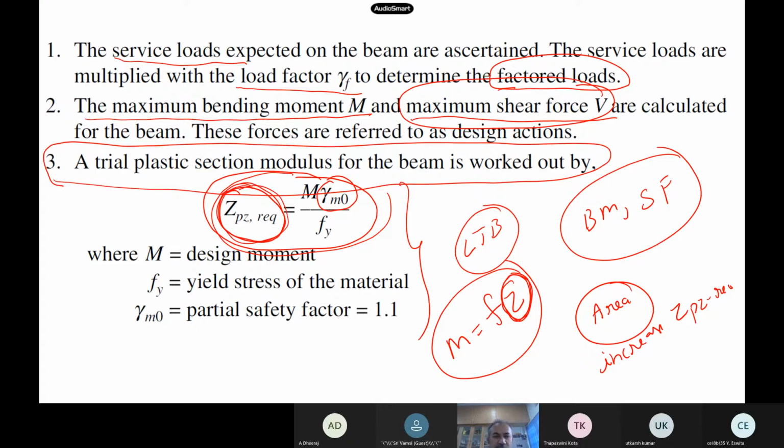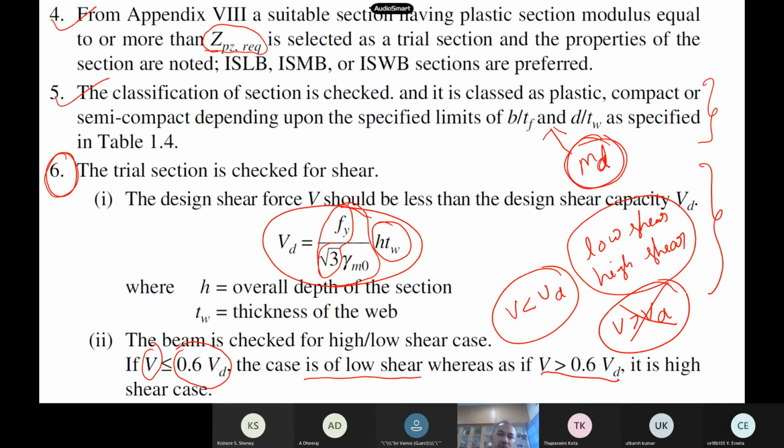So this has to be estimated approximately. Once that is done, you go to steel tables or the back side of any textbooks. They will give you all these things. So you select a corresponding I section or whatever you want. Then you have to classify the section, because if you don't classify, the bending capacity formula changes for plastic, semi-compact and slender sections. So that has to be done.